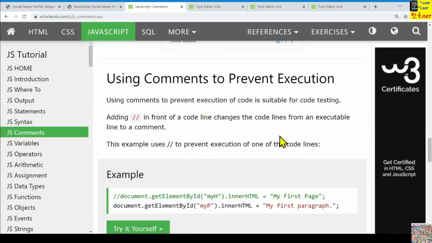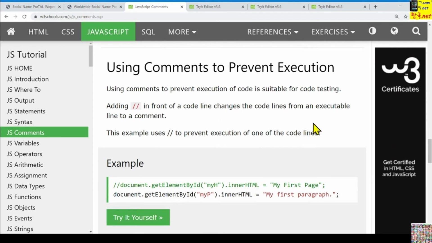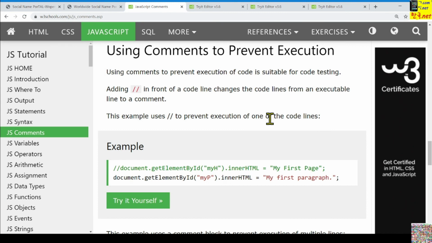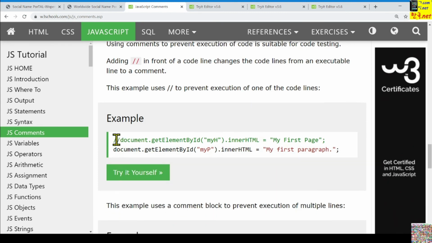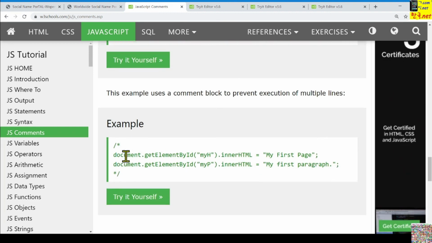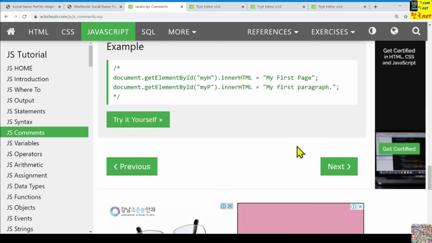Sometimes we can use this to debug, making a normal statement into a comment for debugging purposes. Also in this way we can do that.